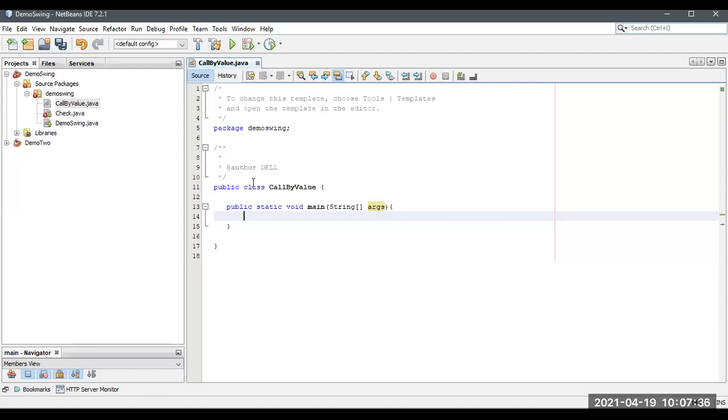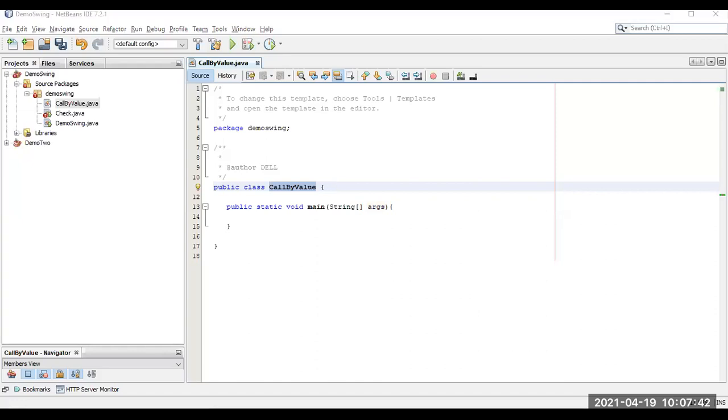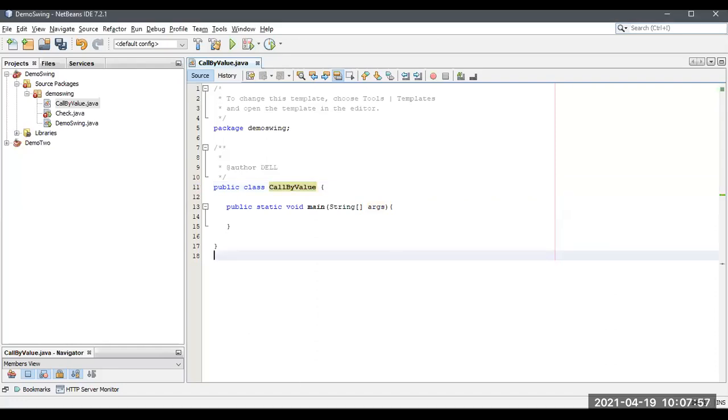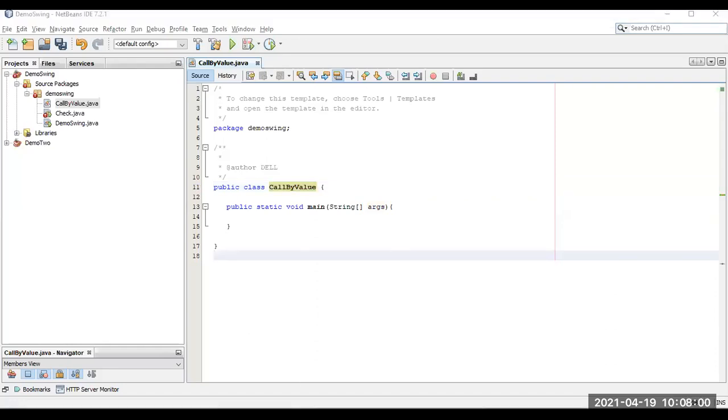So we created a class named call by value. What is a call by value? At the time of passing values by using the objects. In Java itself, there is only call by value.